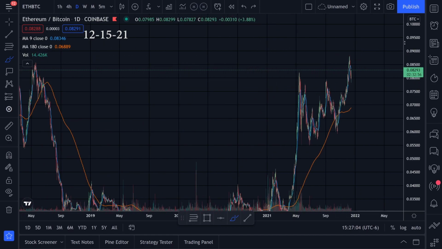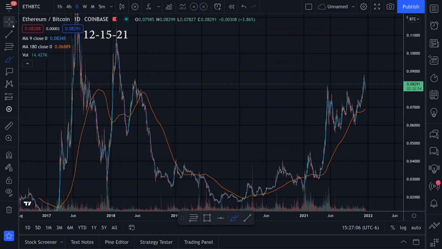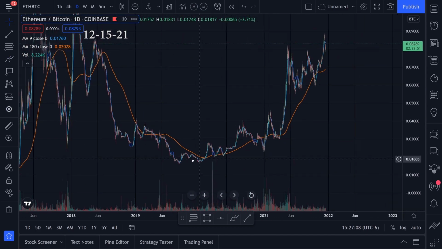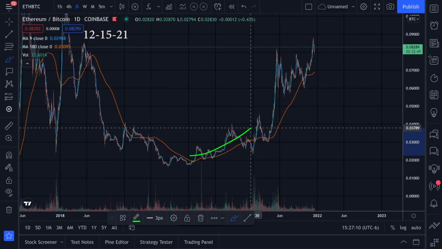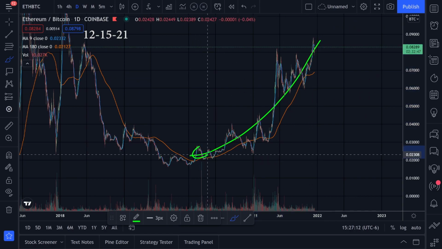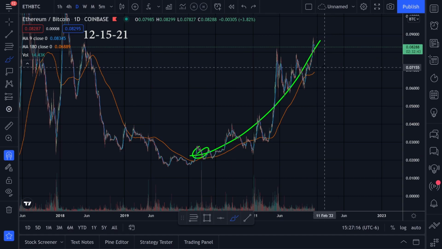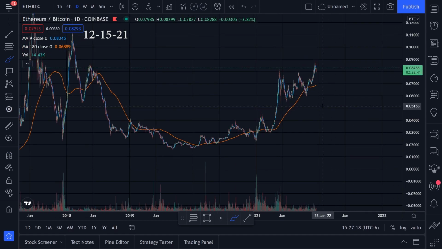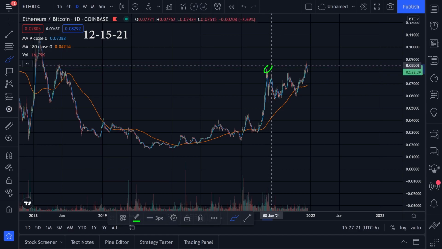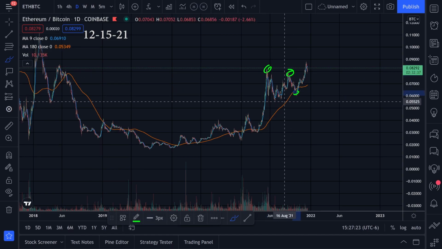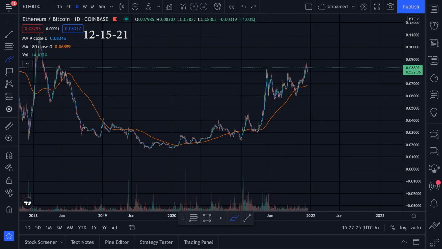In general though, if we zoom out a little bit more and we're on the daily time frame, we've had a big huge run up like this. We've had this big huge uptrend, meaning Ethereum has been doing better than Bitcoin this whole time, or it's been outperforming it, should I say. And the main thing that I'm watching is kind of this resistance right here, this resistance, support. We have kind of like a flag pattern.